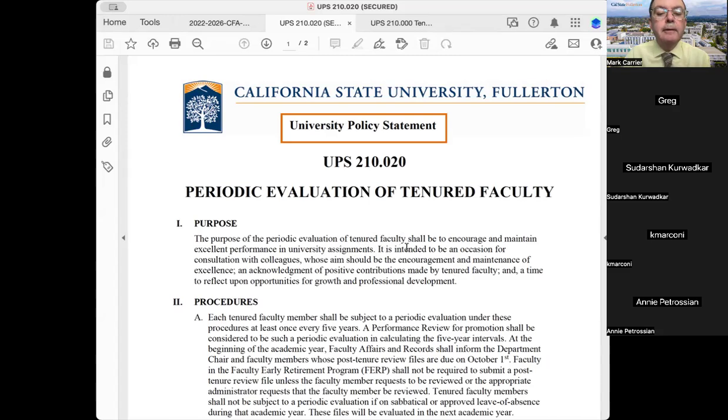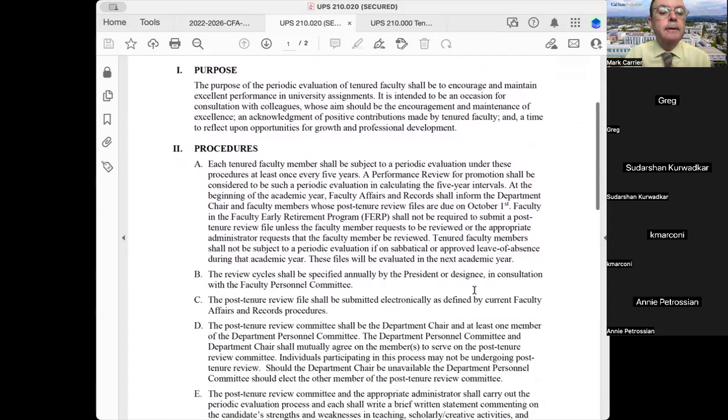But our policy adds a little bit more and says it's intended to be an occasion for consultation with colleagues, to encourage and maintain excellence, an acknowledgement of positive contributions made by you, the tenured faculty, and a time for you to reflect upon opportunities for growth and professional development. So that's what we're aspiring to achieve in the post-tenure review. According to our policy, I'm going to scroll down a little bit